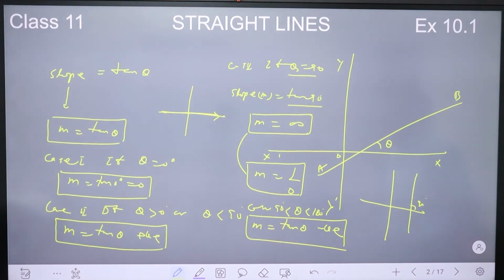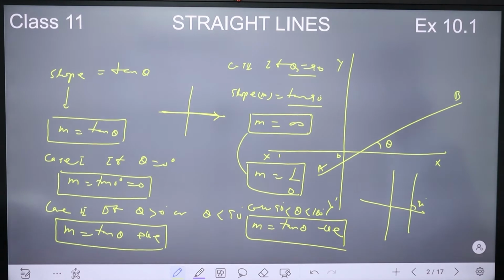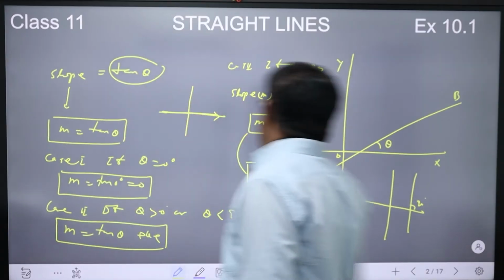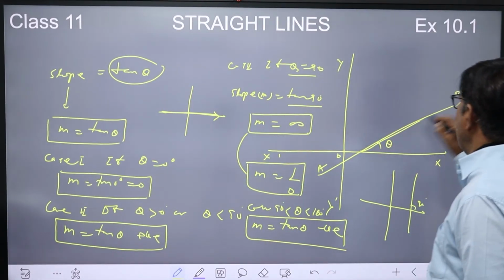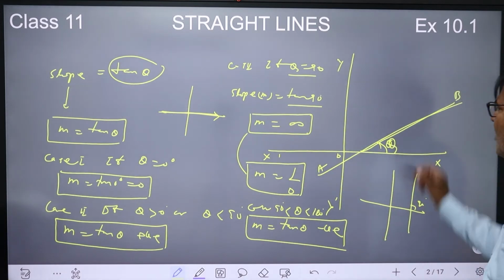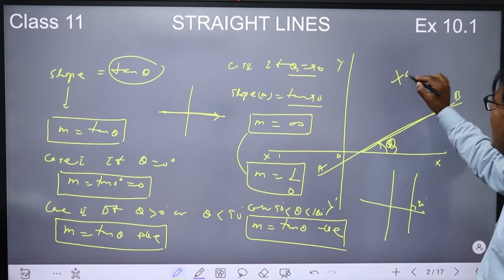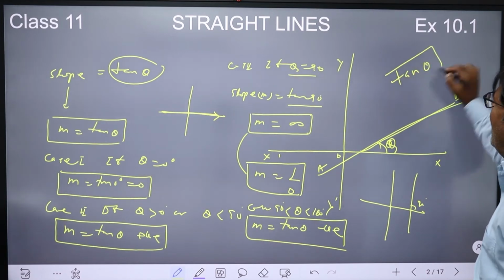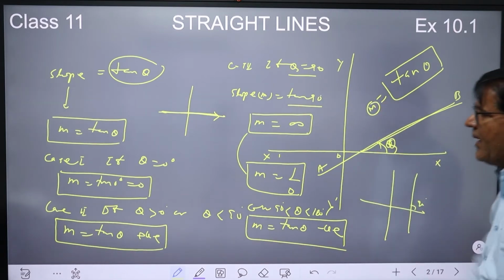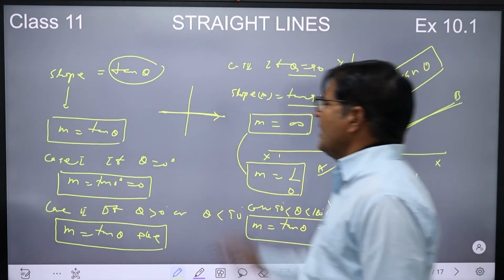Once again I am revising. Slope of any line means simply the trigonometrical tangent of the inclination of the line. So if the line is inclined at an angle theta with the positive direction of x-axis, then the trigonometrical tangent, that is tan of theta, will be the slope of the line, and what the various cases of slope can be: